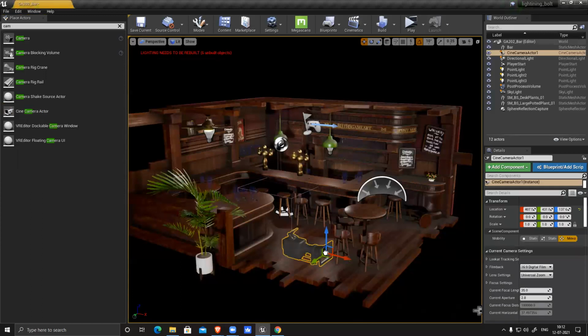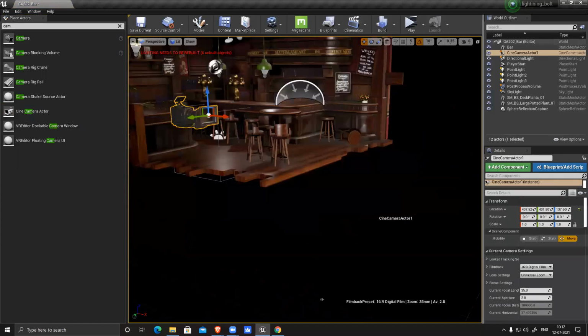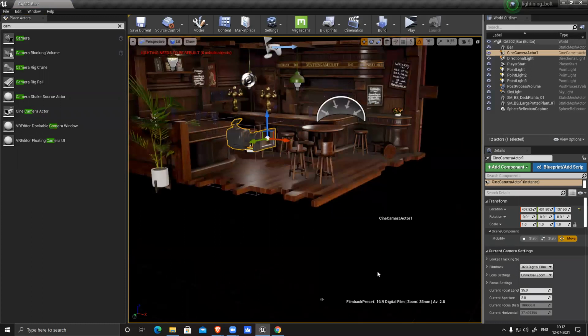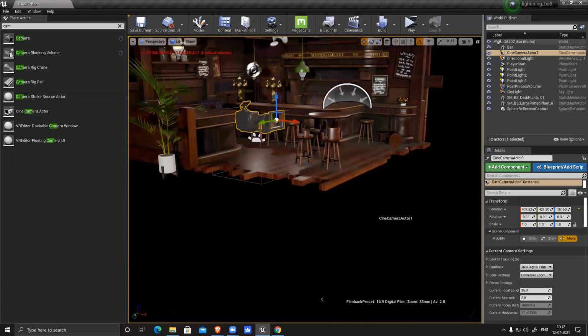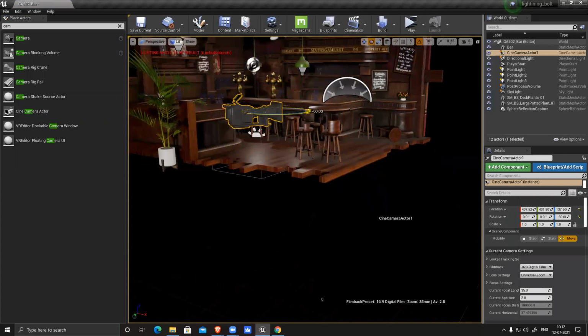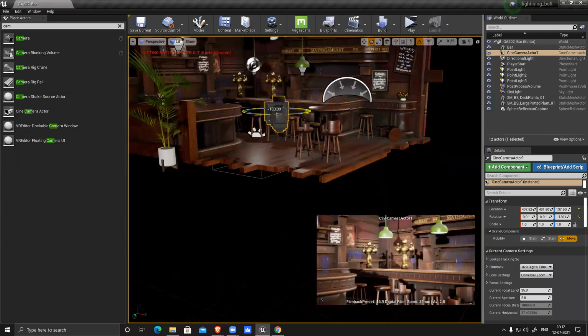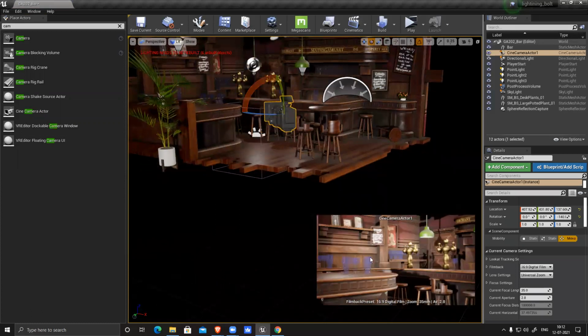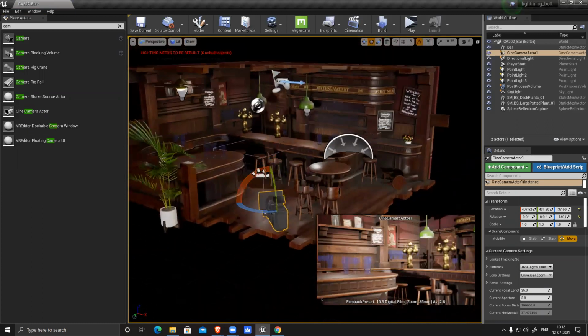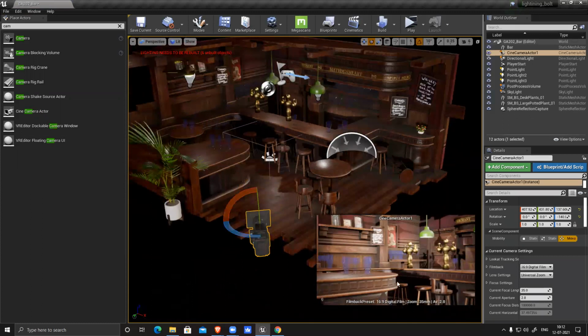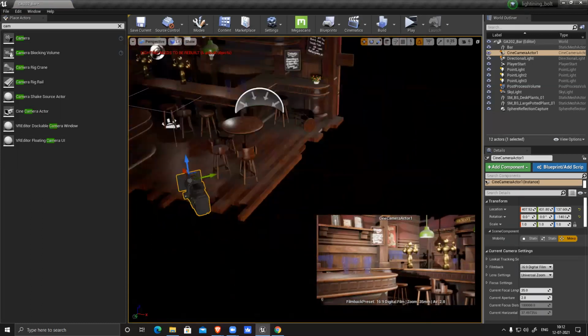Drag and drop it. The moment you place it, you can see there is a window here. You can pin it and now rotate. You can see that the color and everything has changed here. The reason is it shows you the final output, because I haven't baked my light. You can see the shadows are not there.